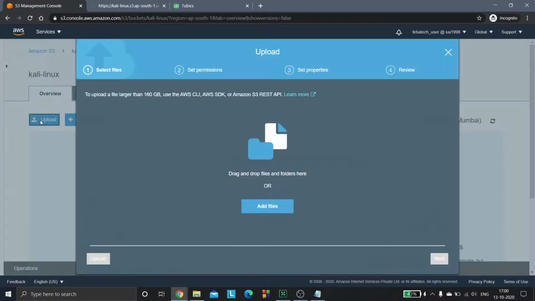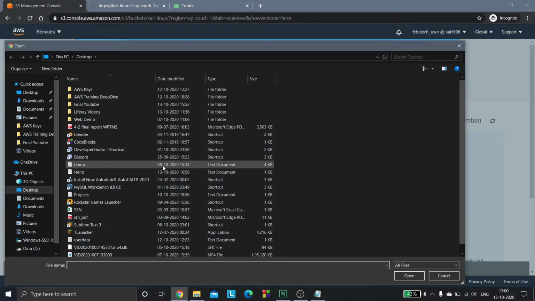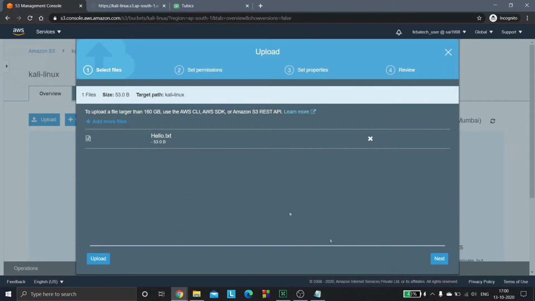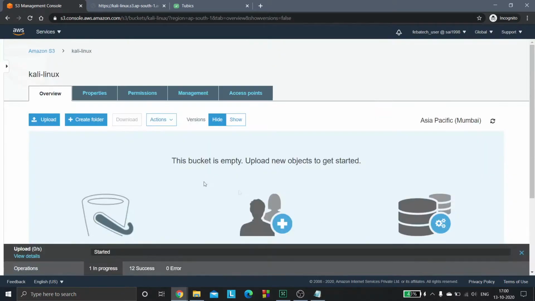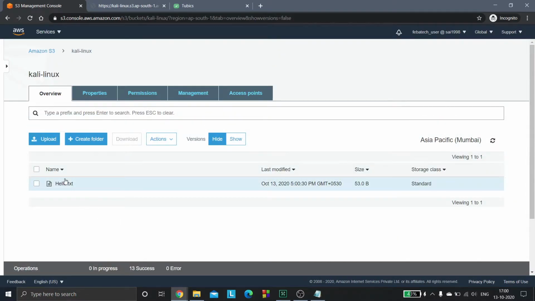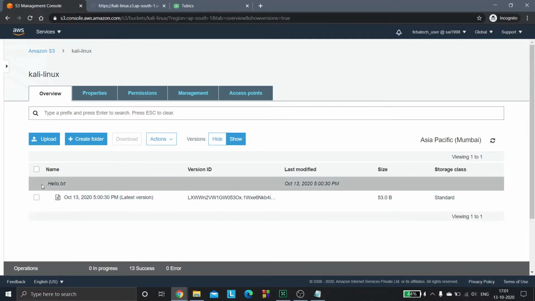First I'll upload a file, again the hello.txt file. I'll click on next and upload. Our hello.txt file has been uploaded and versioning is enabled for this bucket now. If we go to the versions tab and click on show, the first line you see is the hello.txt file that we uploaded, and below that you will have something saying latest version.